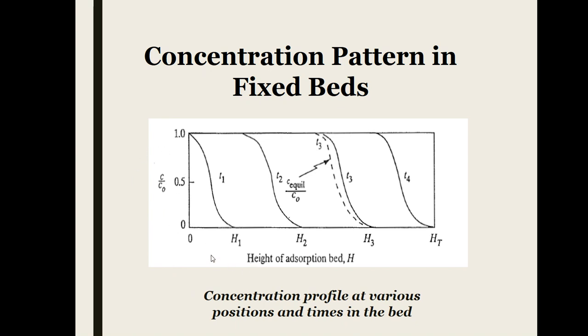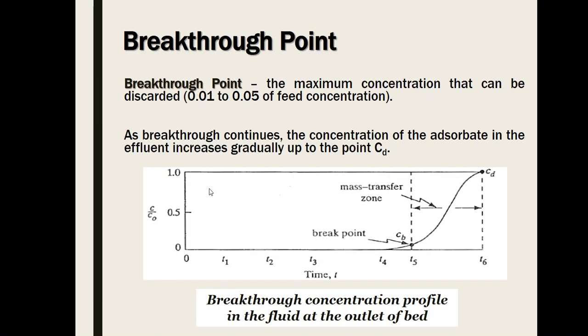Now this particular horizontal axis represents the height of the adsorption bed if it is vertical in orientation, or the length of the adsorption bed if it is horizontal. Now there is this thing we call the breaking point or breakthrough point associated with adsorption. So what is this? This is the maximum concentration that can be discarded, which is in the range of 0.01 to 0.05 of feed